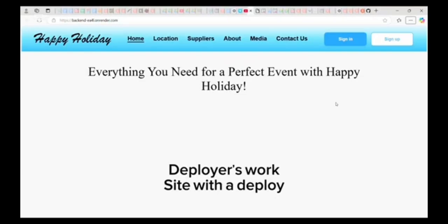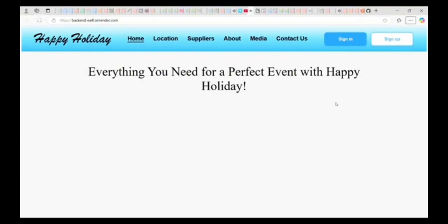To deploy our event organization platform, I followed a systematic process using GitHub and Render for the deployment. First, I made sure that our project's code was organized and up to date in our GitHub repository. This involved checking that